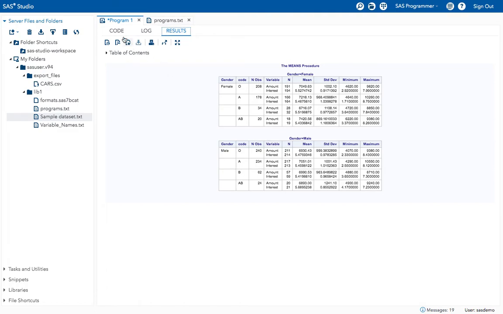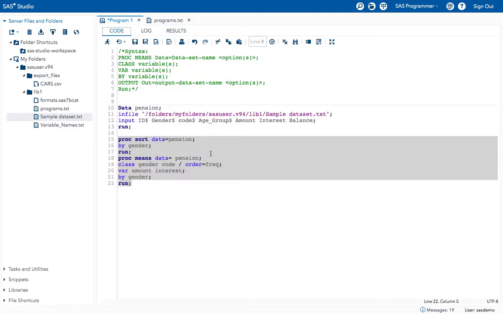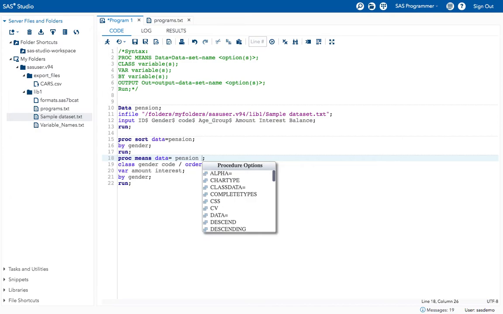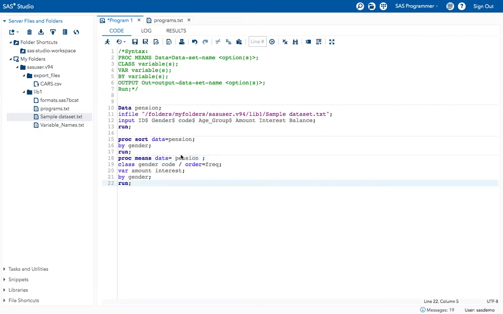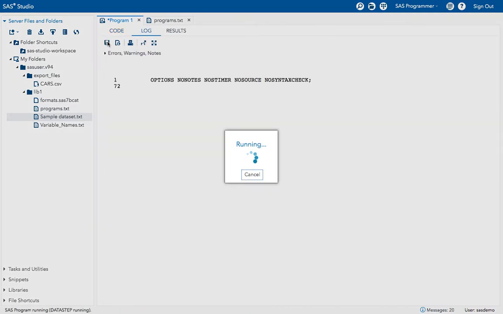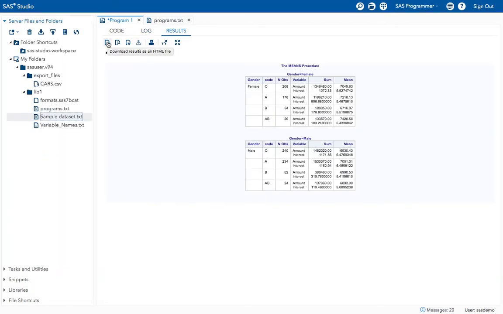Now if you want to calculate only the sum and mean values, in such case mention next to the PROC MEANS statement, mention SUM and MEAN, so it will calculate only the sum and the mean values. Now execute the program. Now I got only the sum and the mean values.